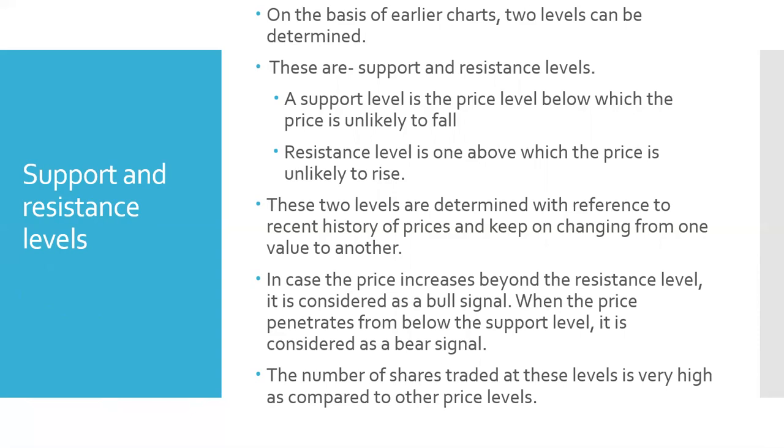Generally what happens for a particular stock, the market makes these two levels. When price reaches the support level, the investors, the buyers in the market, think that this is the lowest price. They start buying in the market, right? And this leads to an upward trend in the prices. When prices reach the resistance level, most of the investors think that this is the highest price in the market, so they start selling. So again, a reverse movement in prices, the downward movement in prices, starts, right?